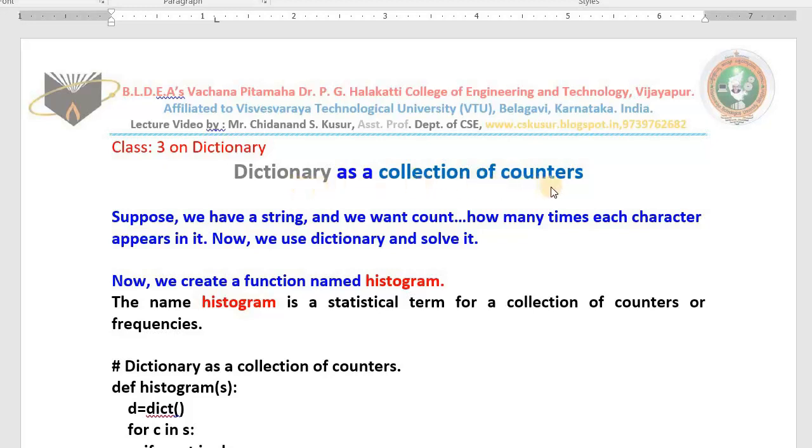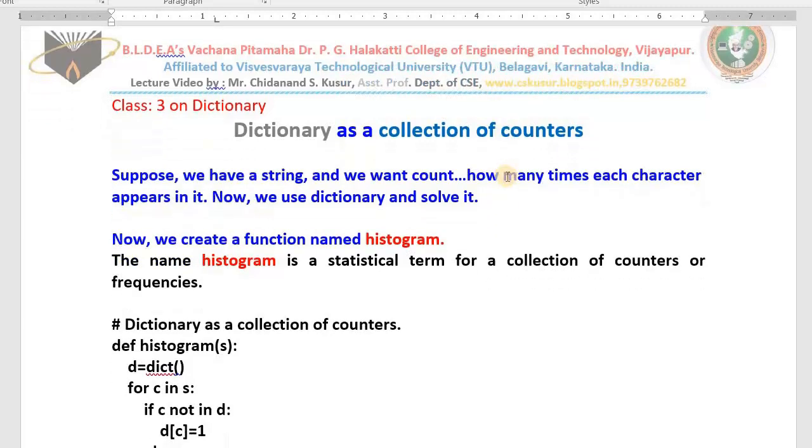First of all, we need to know what a counter is. Sum equals sum plus some value, c equals c plus 1, i equals i plus 1. To the previous variable, some more is added. That is what we usually call a counter.